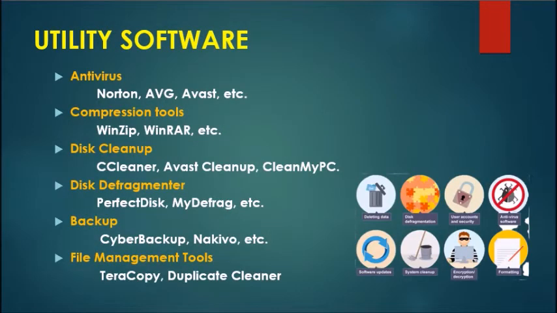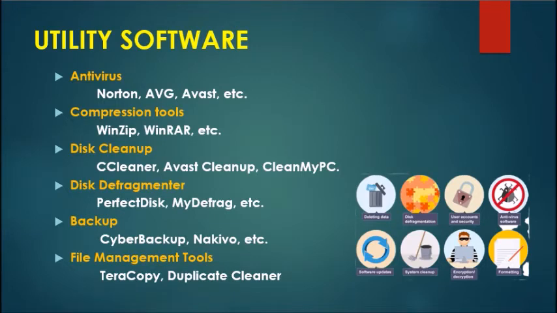The next category of software is utility software. We have various types of utility softwares. The first is antivirus. So first we should know what is a virus. So a virus can be defined as a malicious program that attaches itself to a host program and make multiple copies of itself, slowing down, corrupting or destroying the system. A software that assists the operating system in providing virus-free environment to the user is called antivirus.